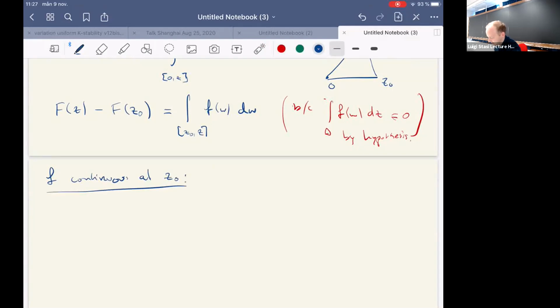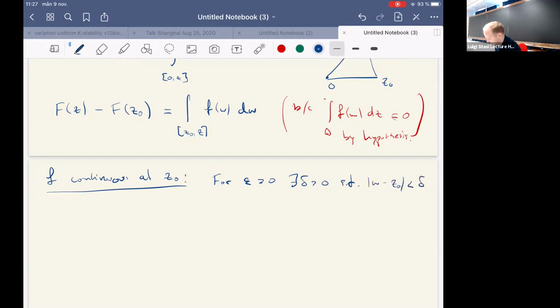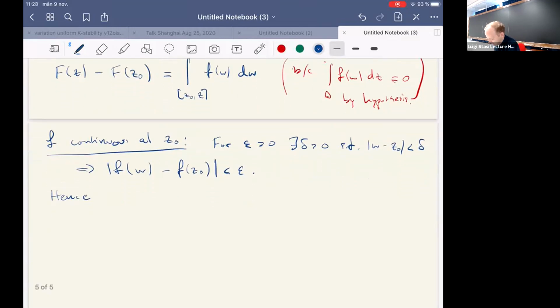So if we write down essentially what it means: for every epsilon there exists a delta such that if we are close to z0, then the function values are also close to each other. Okay, first year stuff. So the conclusion now is that